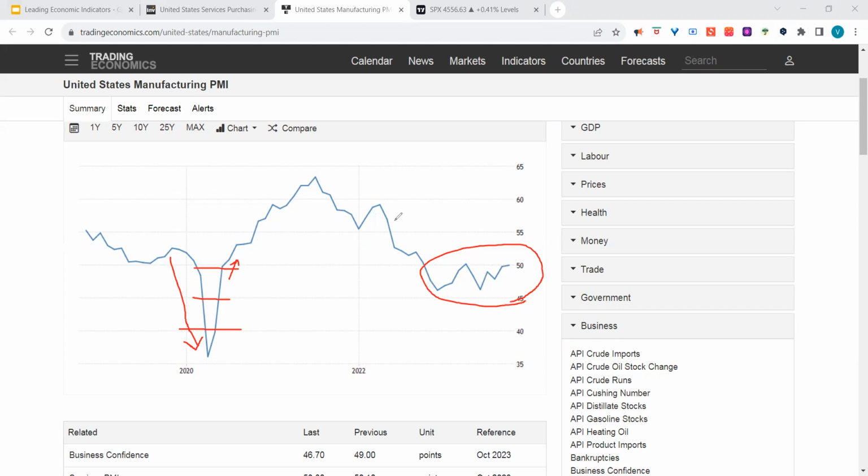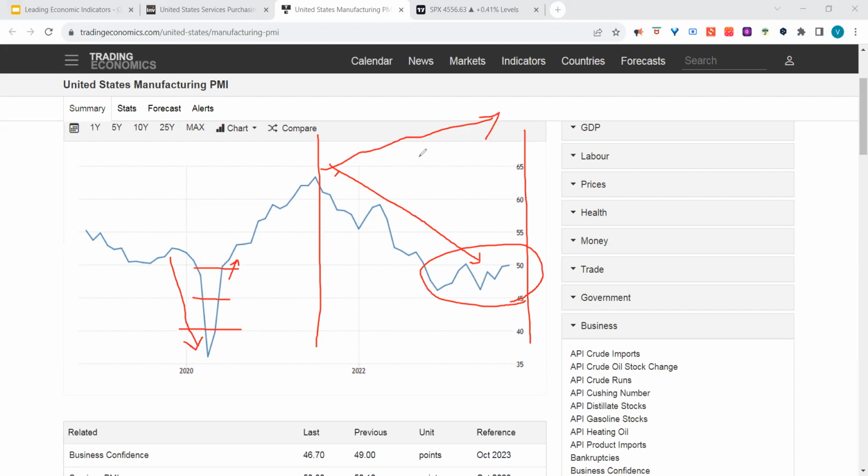And one thing we must always observe is the trend also, right? Why is the PMI trend currently down? It's because of the interest rate cycle, because in this particular period the Fed is actually increasing the interest rate. So when the interest rates keep on increasing,